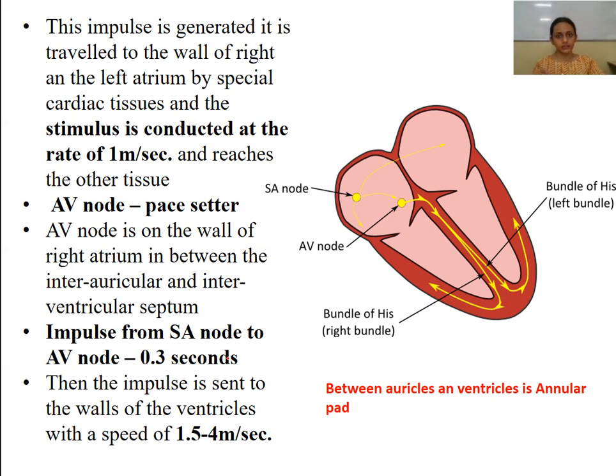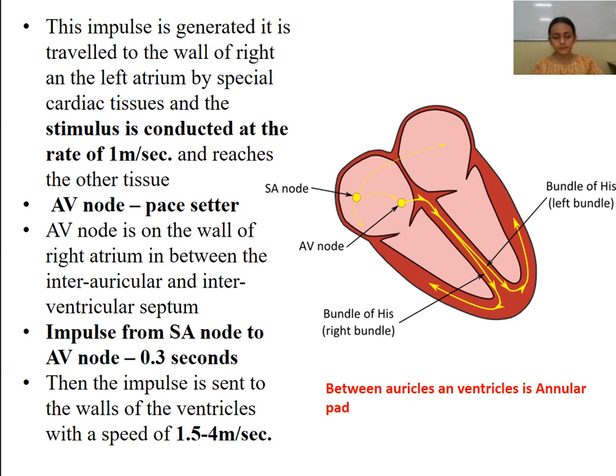Okay, so in a time of 0.3 seconds, the impulse that is generated at the SA node travels and reaches the AV node. Now let us see what happens further. This impulse that has reached the AV node, with a stimulus that is conducted at a rate of 1 meter per second and in a time of 0.3 seconds, is now sent to the walls of the ventricles with a speed of 1.5 to 4 meters per second. Okay, so once it has come to the AV node, it is sent to the walls of